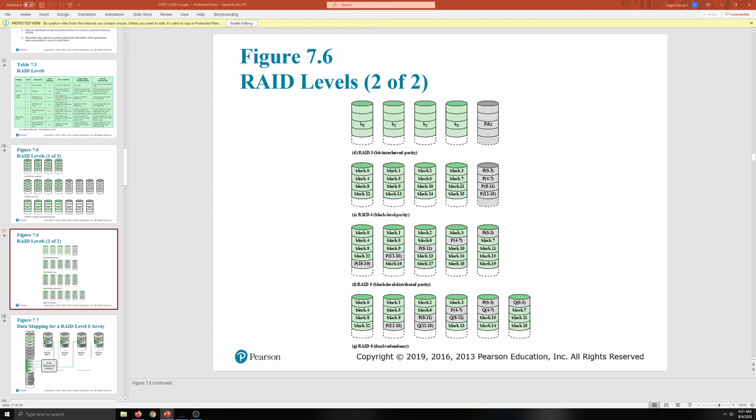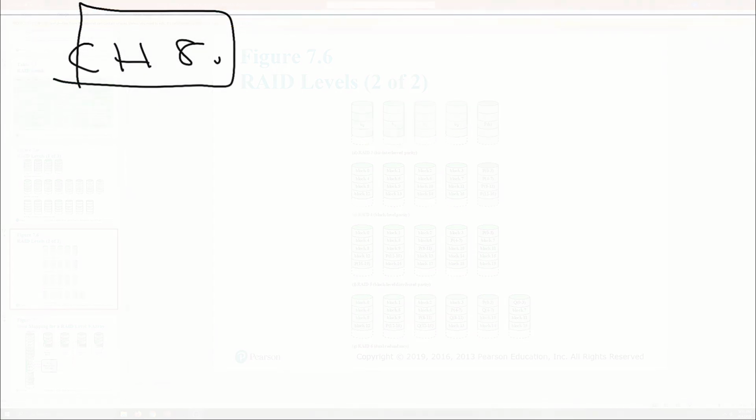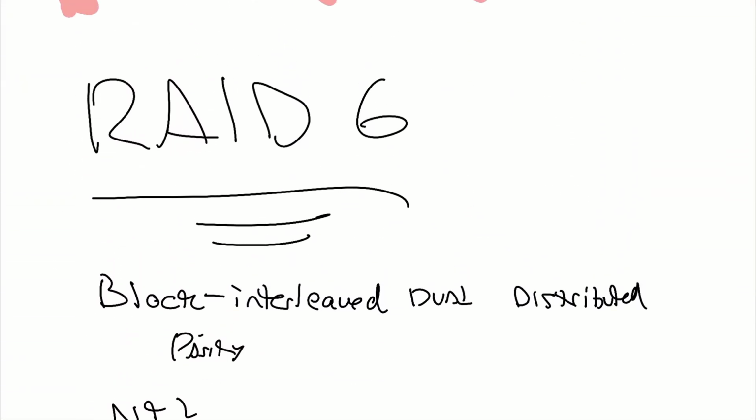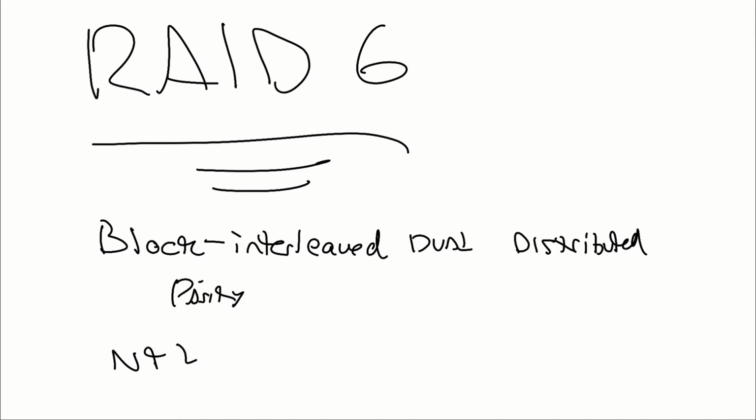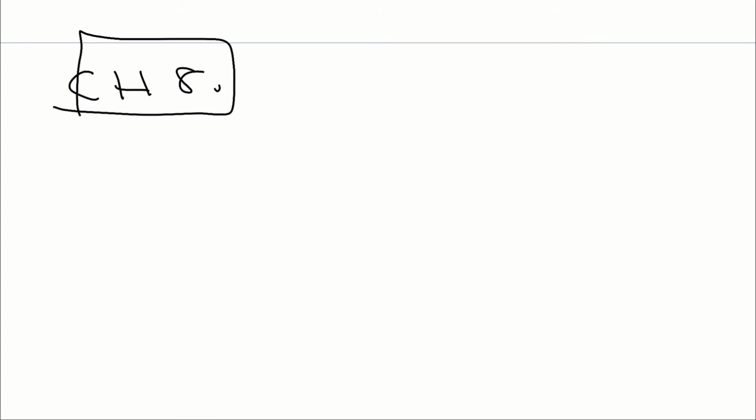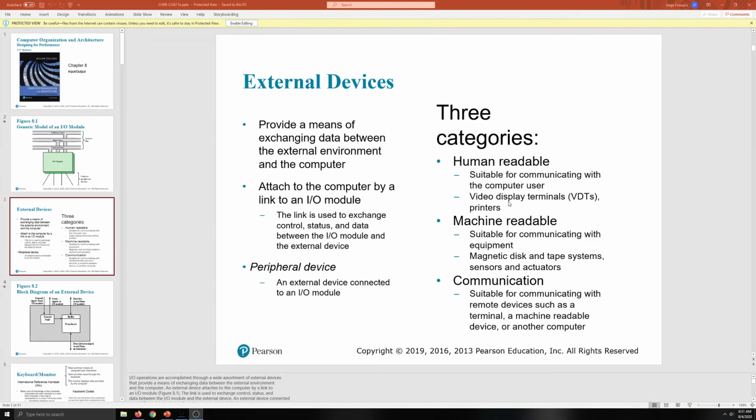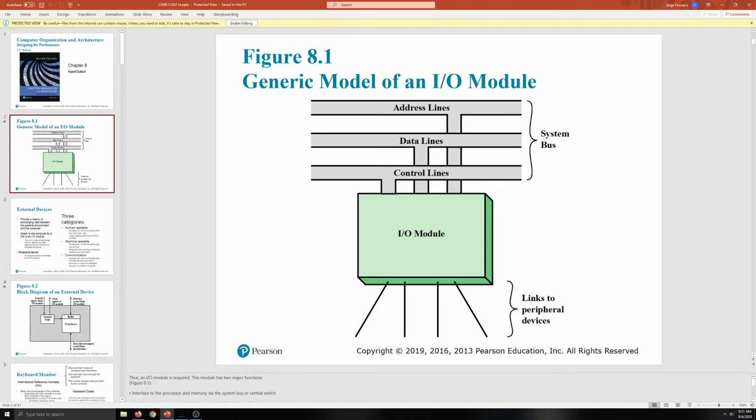So let's actually open up the PowerPoint for it. We don't need this anymore. Chapter 8. Chapter 8 is dealing with I/O and how it works, essentially, and the kind of problems that we run into with